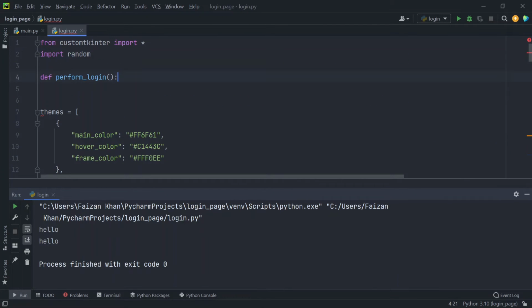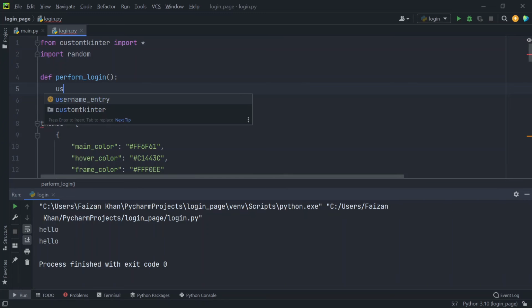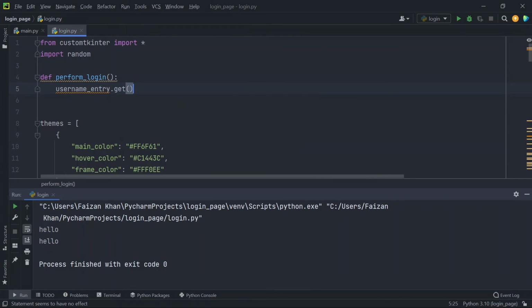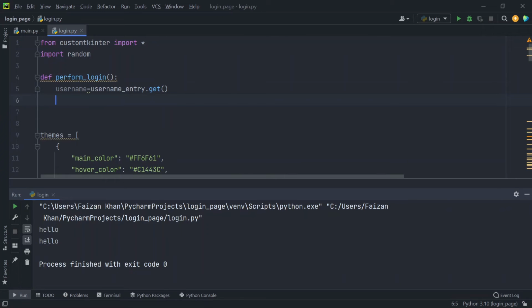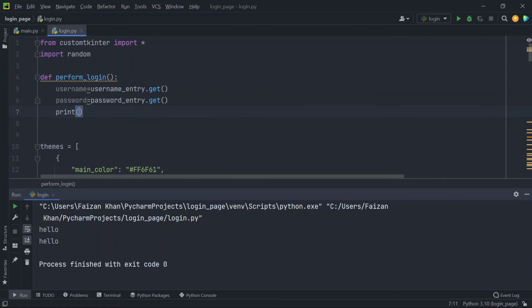To get the values that the user will type in these fields, the way is to use the name dot get method. With the help of this, you will be able to get the value. We can store that value in some variable like username. Similarly, using the password entry dot get, you will get the value that the user types in the password entry, so we can store it in some variable like password. Now if we print these two variables, username comma password,